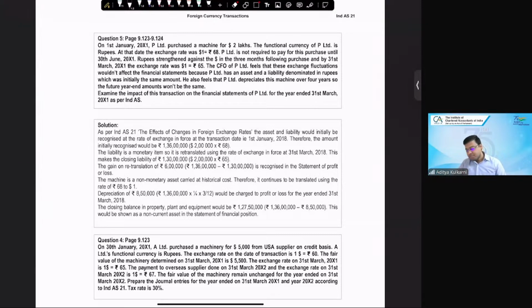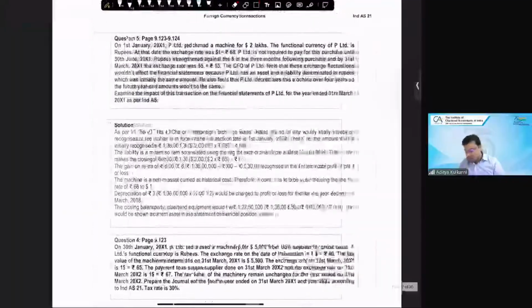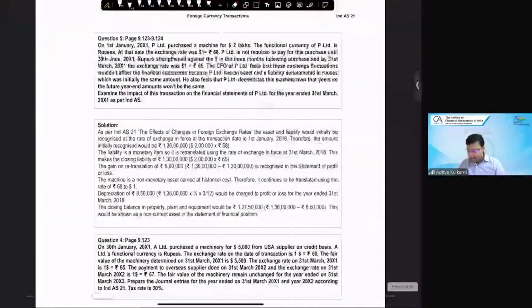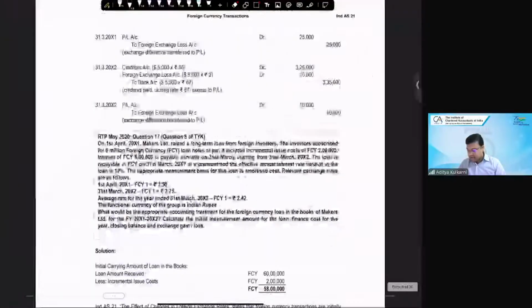Okay. You're talking about Ind AS 32 or 109, am I right? I'm talking about Ind AS 109 right now. Okay. That is okay, I understand that, but what I think we can do